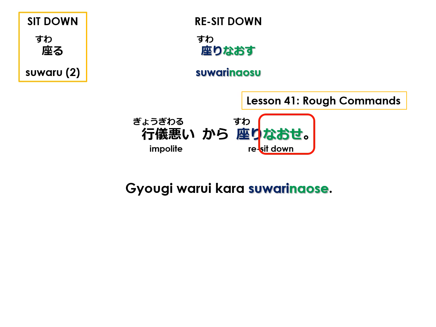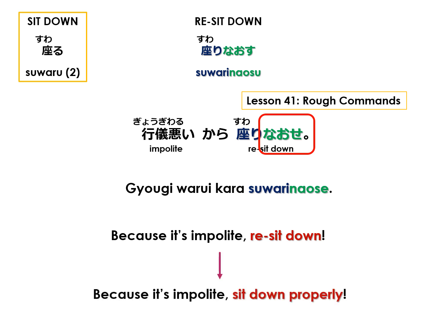So the sentence literally means, because it's impolite, re-sit down. In other words, because it's impolite, sit down properly. Parents usually say this to their kids. 行儀悪いから座り直せ。